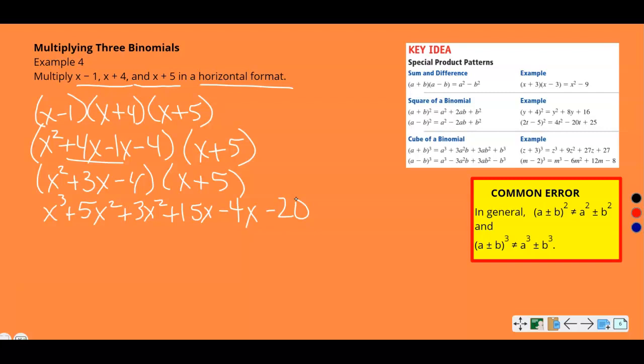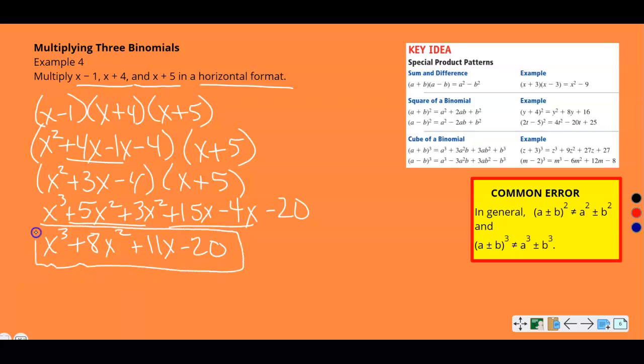All right, combine like terms. I've got x cubed. 5 and 3 make 8x squared. 15 minus 4 is 11x, and then bring down my minus 20. And that would be standard form after multiplying these 3 binomials together. So make sure you refer to these key ideas and look for the common